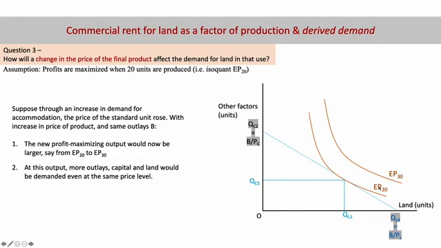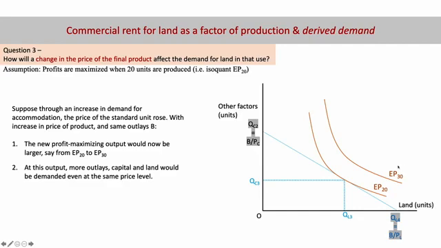So we are saying that with the increase in demand and increase in price of the output, the profit maximizing output for the firm will also increase, and a new isoquant outward or in the right direction of the earlier isoquant would be generated. And to match that, one would need a greater budget and one would need greater quantity of land to be